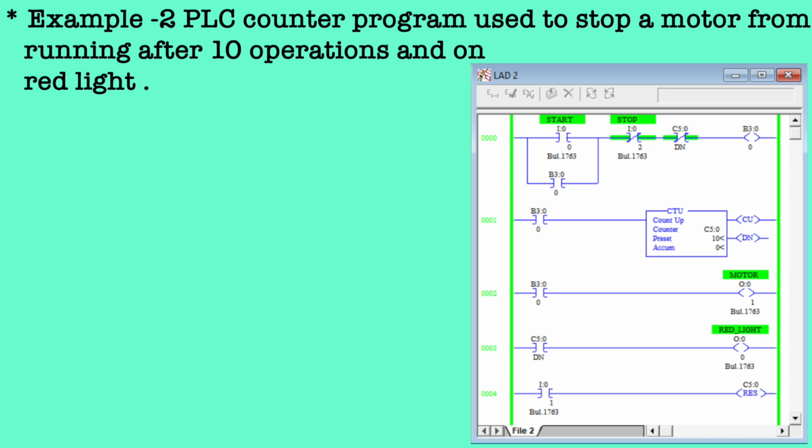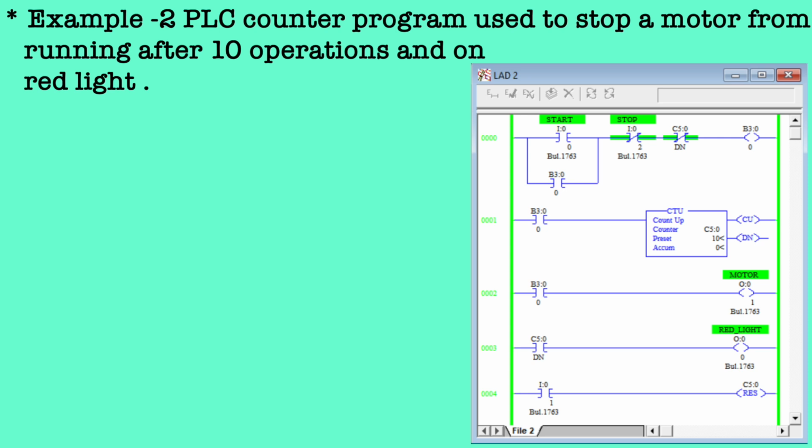And this binary output is provided as an input switch for the counter CTU, that is C5:0. You can see in the second rung that the counter preset value is 10, right? In the fourth rung, the counter done bit is connected to the red light, and in the third rung, the same binary